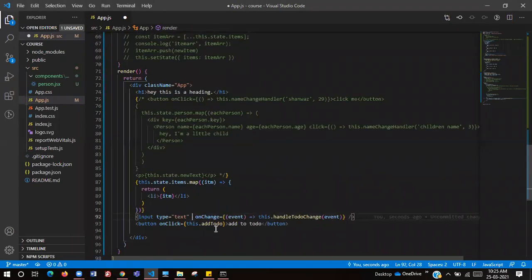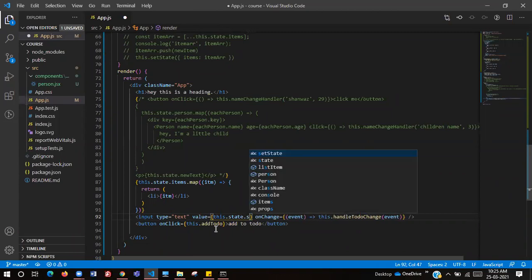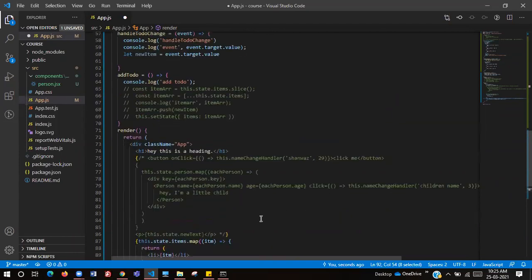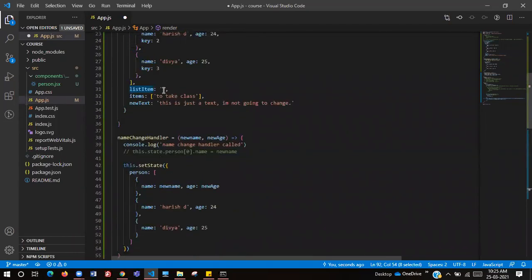Now we give it a value equals to this.state.listItem. Okay, so handleToDoChange event, and this value is nothing but the input's value. So if we want this listItem to get populated with some string, let's just say I'm already here, so let's just take 1.